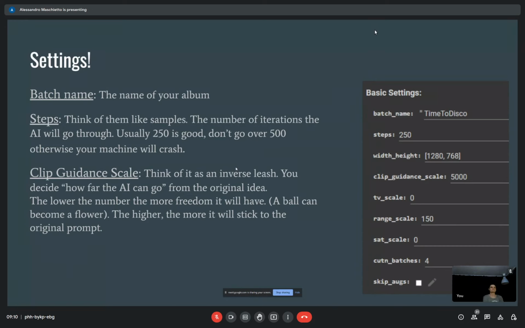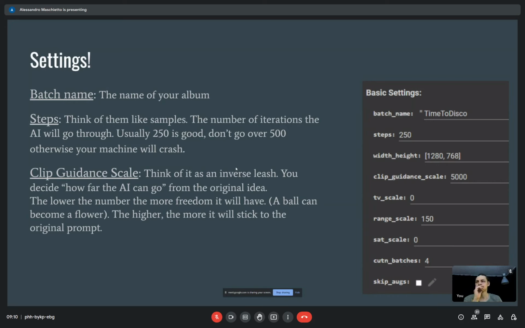If you have used any 3D software at any point, these are like the render samples. So the higher you go, the more the AI will refine and refine and refine. The higher they are, the longer the render takes.